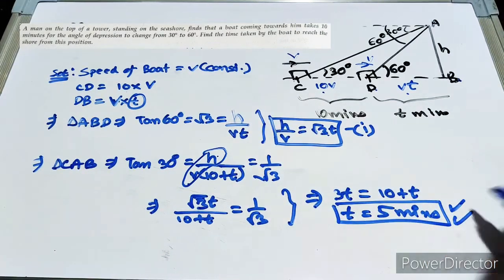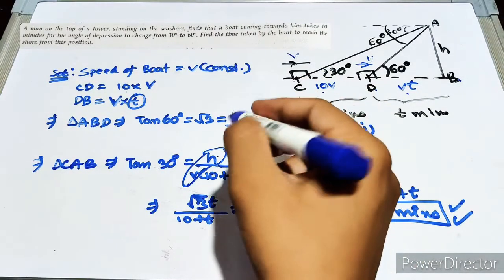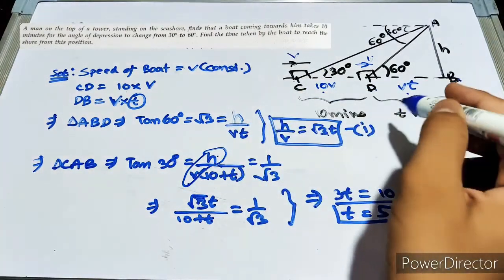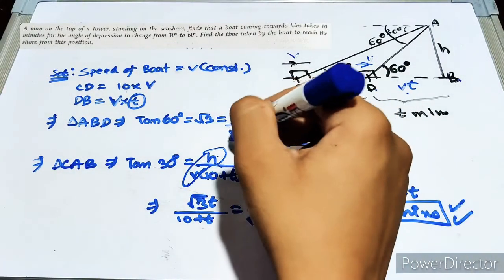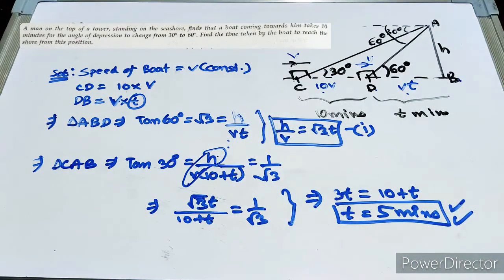So this is a very good question, because sometimes students get confused that distance is not given, what should we assume to be v. So when nothing is given about the velocity, assume it to be constant v and solve the question. Here although there are 2 equations and the variables are 3, but we have asked t only. So we can take the ratio of this, and the answer will come out. So don't worry and just keep the concept clear, that whenever time is given, assume some constant velocity v and then solve the question.